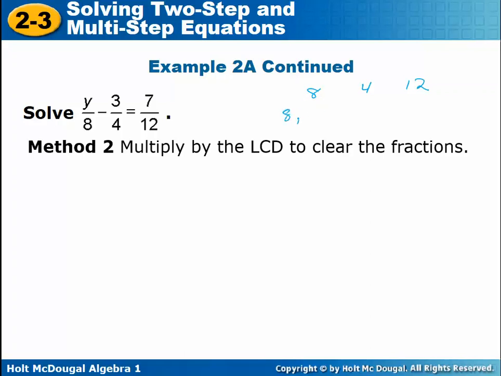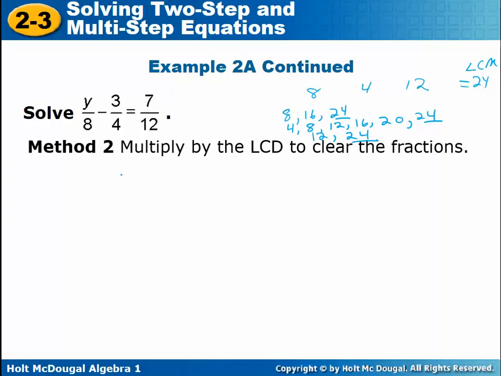So I can write 8, 16, 8 times 3 is 24. And it usually is better to write the multiples out for the bigger numbers. The smaller numbers, you're going to do this forever before finding the common multiple. But 24 is also a multiple of 4. Is it a multiple of 12? Yes. 24 is the least common multiple, which is also the least common denominator of these three